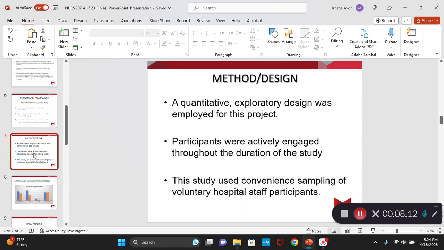And the method and design for this project was actually didactic. A qualitative and quantitative exploratory design was employed, but it was also qualitative in the beginning when I was eliciting inclusion criteria. And I have a couple slides that show the demographics for that. Participants were actively engaged throughout the duration of the study, and this study used convenience sampling of voluntary hospital staff